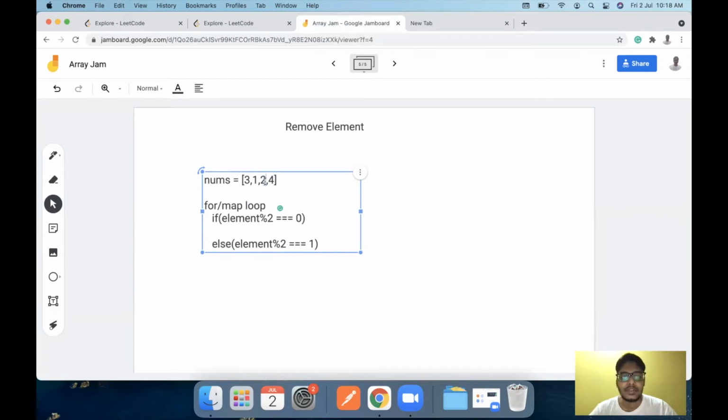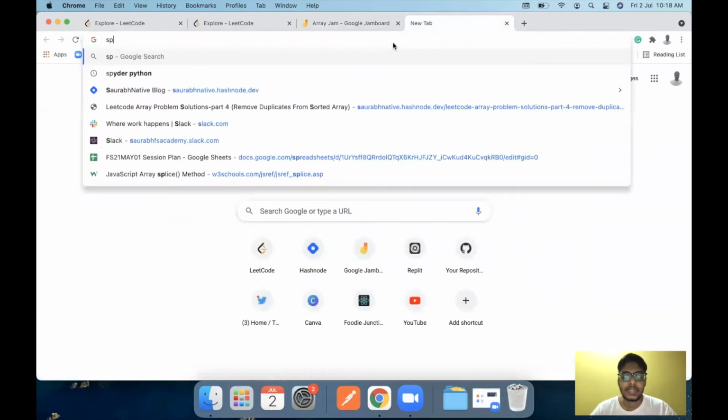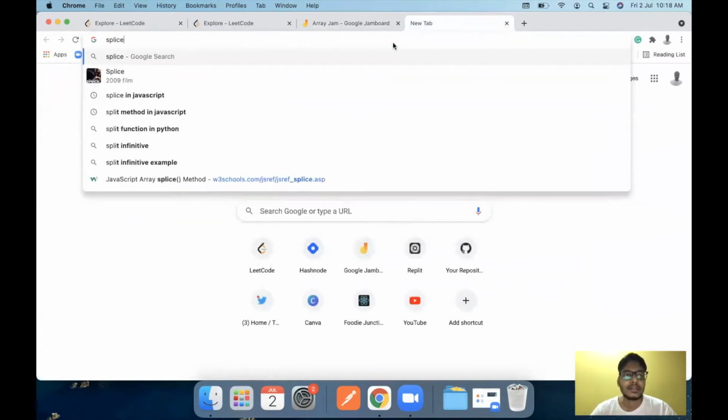Now the first thing that we obviously need to do is we need to remove this element at this particular index. So let's say this for loop is running with elements, and we have an index part. For example, it is map. The first thing that we need to do is obviously we need to remove this element from the index 2 or 3 or whatever even index this is. So in that case, what we can do is we can unshift the element, and we can splice the element.